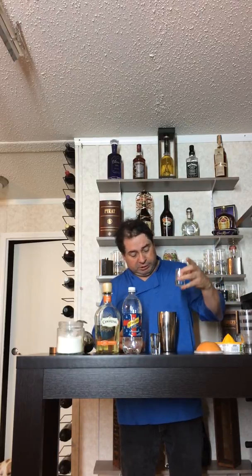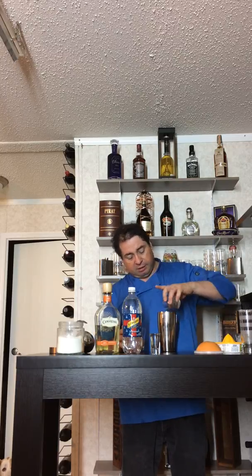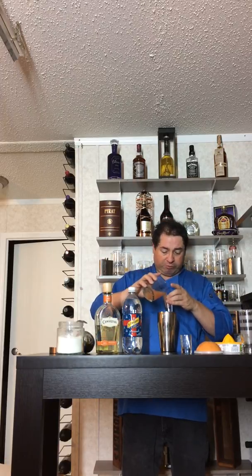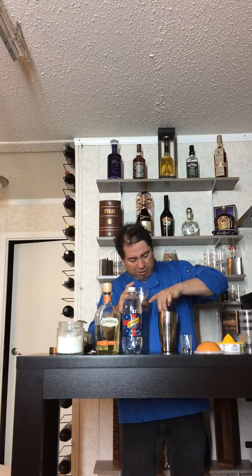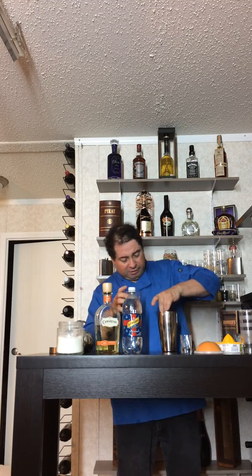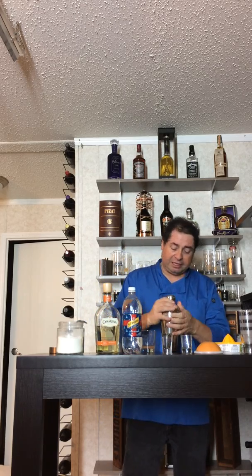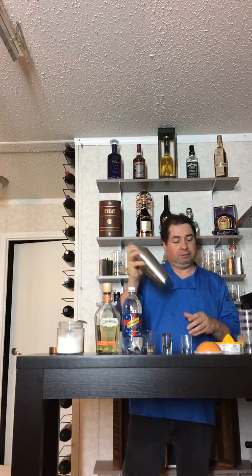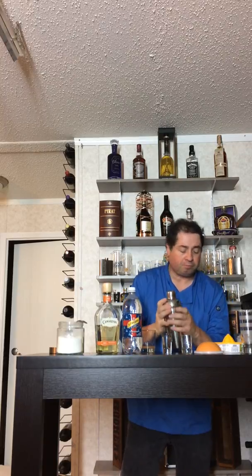Then you put 1 tablespoon of lime juice. I squeeze the lime, and like I said, 1/4 cup of the grapefruit juice. I squeezed fresh grapefruit juice for this drink. And then it says stir the sugar until it dissolves. But I got this nifty little container, so instead of stirring, I'm just going to shake. That'll happen a lot faster. It takes a little bit for sugar to dissolve, so I'm going to do it thoroughly. Then you open it,